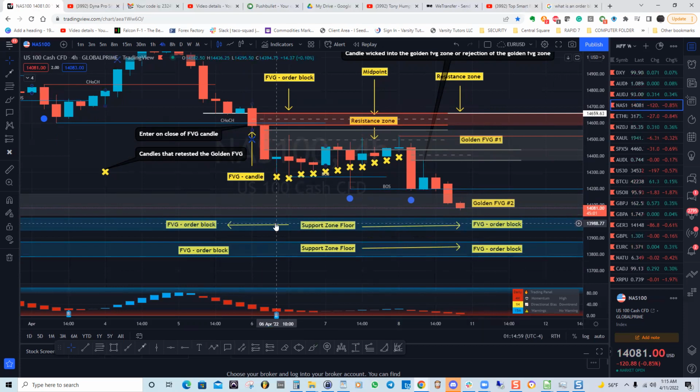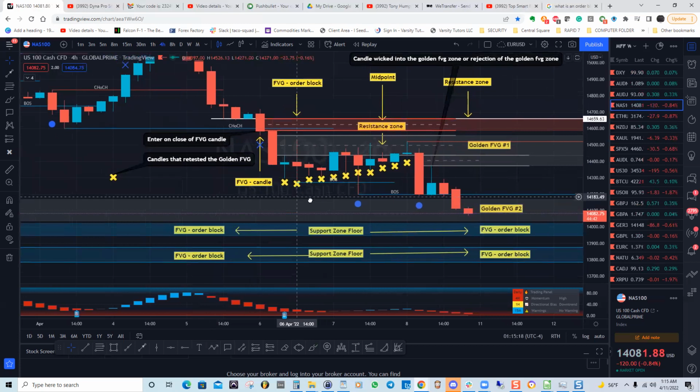Nice feature in TradingView. You can grab the thing. Let's break it down like this. Okay, so that's my forgot so far. The blue is the support zone, right? And the red is the resistance zone. So you can see in this particular instance here,